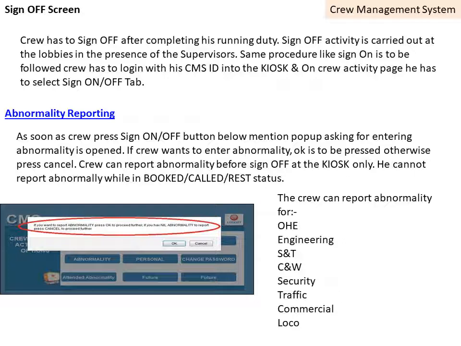Signing on and signing off. The crew has to sign off after completing running duty. Signing off activities are carried out in the lobby, in the presence of the supervisor. Some procedures, like signing on, are to be followed. The crew has to log in